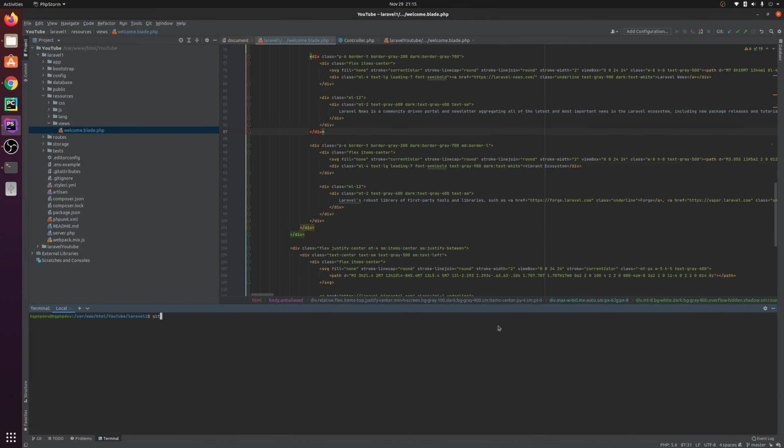Yeah, and now git status. You can see here I changed this, git add all, git commit, rename title. I have renamed the title. Now one change, now git push -u origin master.